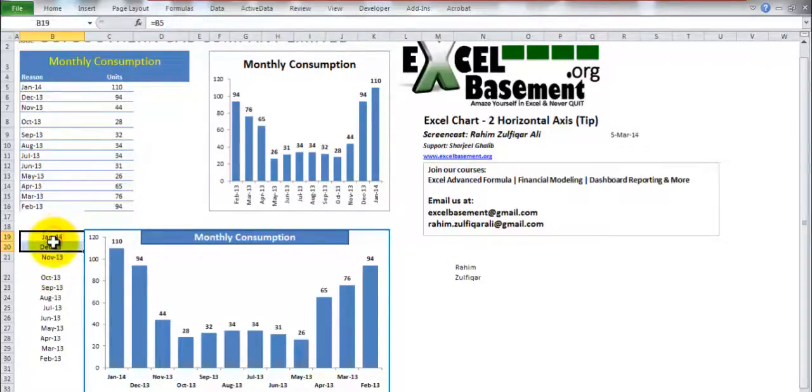I copied these two cells' formulas and pasted them below, so you will get the same list as shown above in your database.